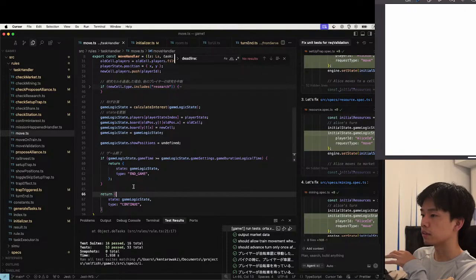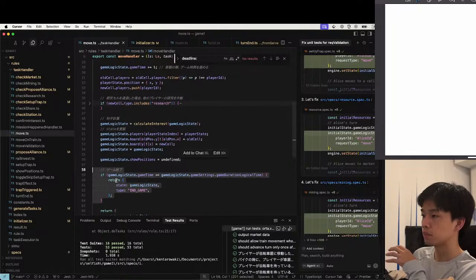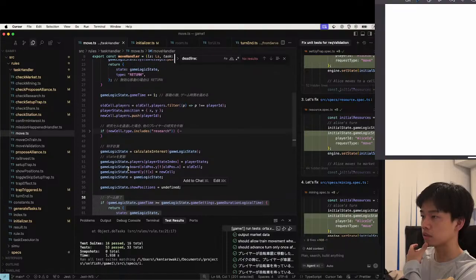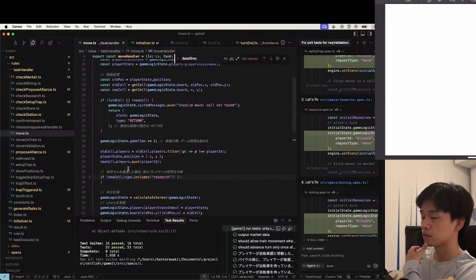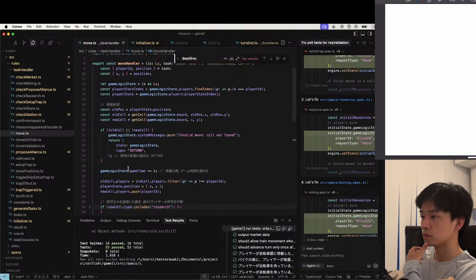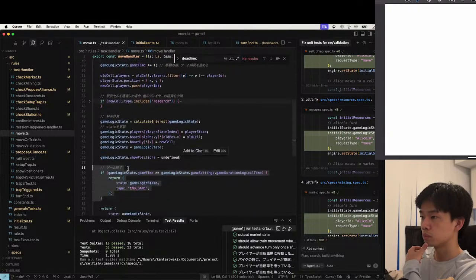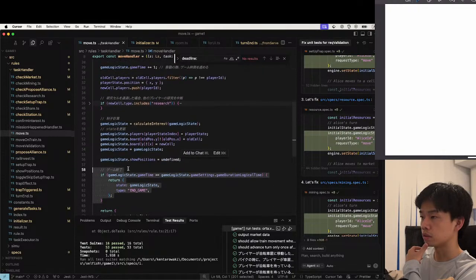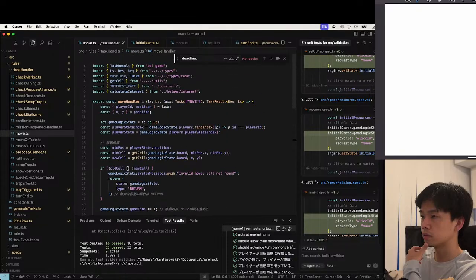But the game is end, so this part is worked. This part worked, and so but